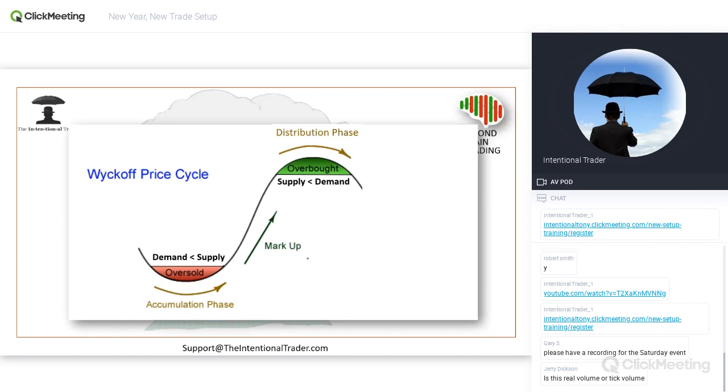Then there's going to be a markup phase. The markup phase is the demand is increasing, which is lowering the supply because the supply is being bought up. So down here, the supply is being bought up. The demand is going to increase because of the lower supply. So that creates a markup phase. The distribution phase is preparation for a markdown. The distribution phase is where the big money that was buying up down here starts selling off up